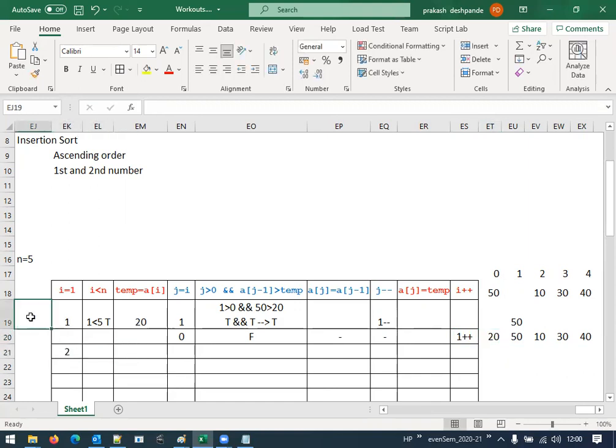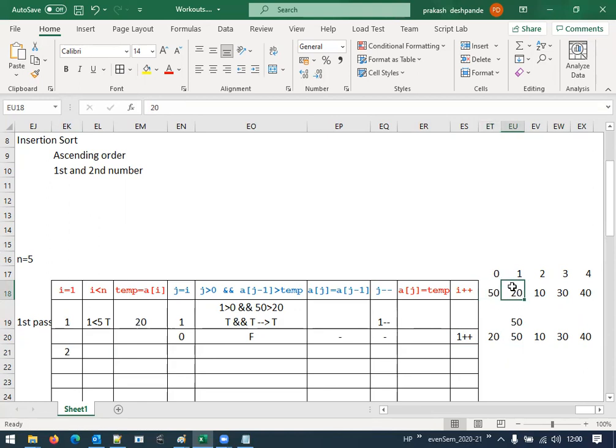Now look at here. After the first pass, what has happened? After the first pass, among the initial numbers, let me write it here. The initial numbers, earlier it was 20, right? Now, what has happened? We try to compare the two numbers, that is the second number compared with the first number.